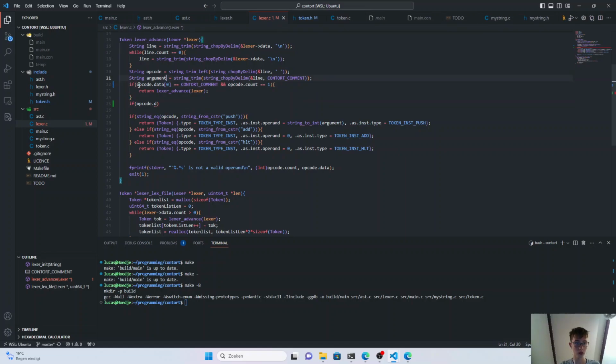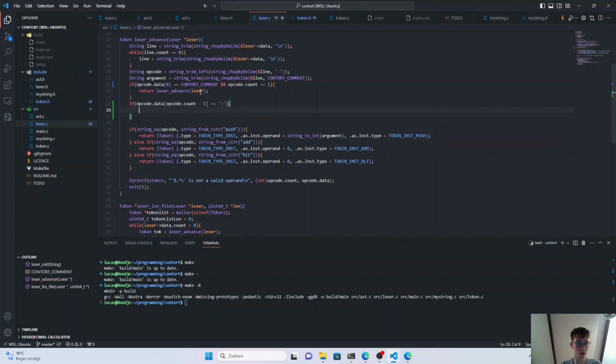Alright. So if the opcode, oh bro, I've already dereferenced it. So if the data at the count minus 1 is equal to a colon, which is a label,